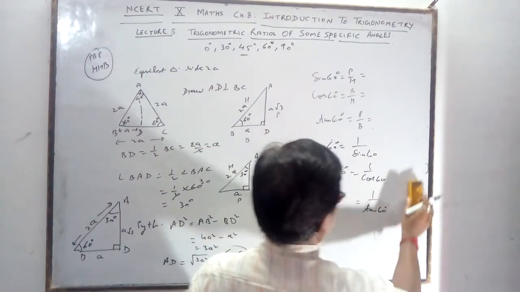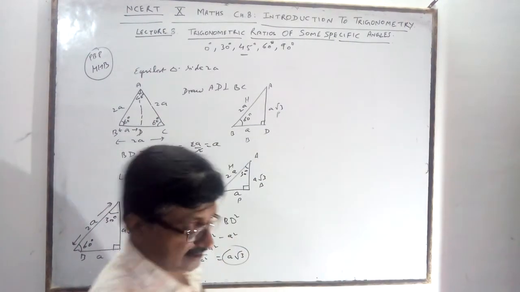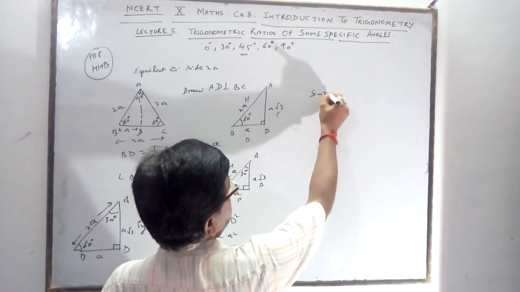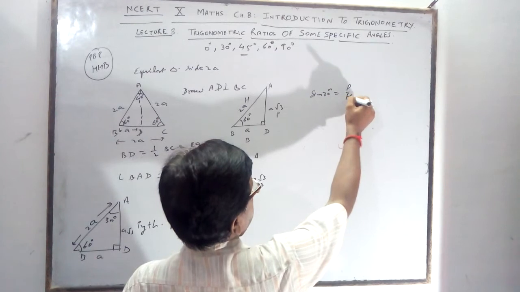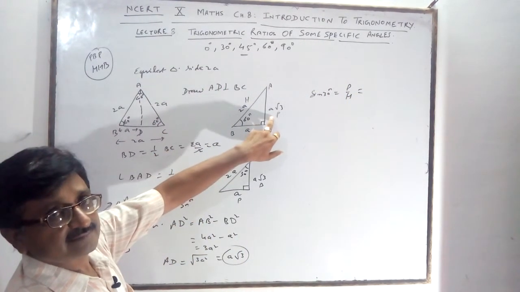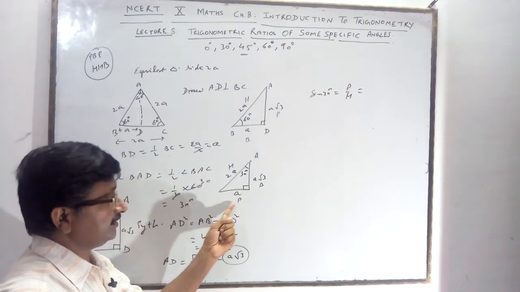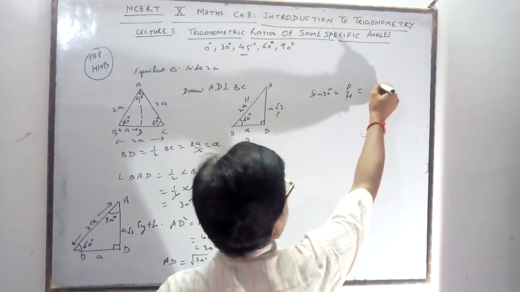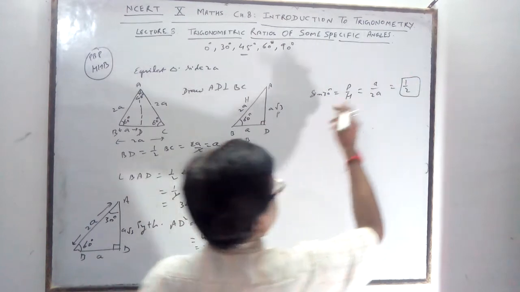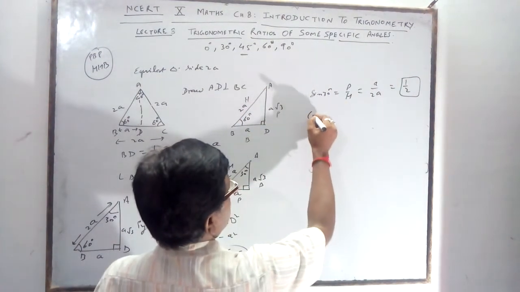Again see all. For the 30 degree, what will you get? 60 degree you have got. Sine 30 degree is P by H. What is the P for 30? For 60 the P was this. Clear? For 30 the perpendicular is the opposite side, A upon 2A. What will you get? A upon 2A gives you 1 by 2. Just opposite, sine 60 is root 3 by 2, and sine 30 is 1 by 2.